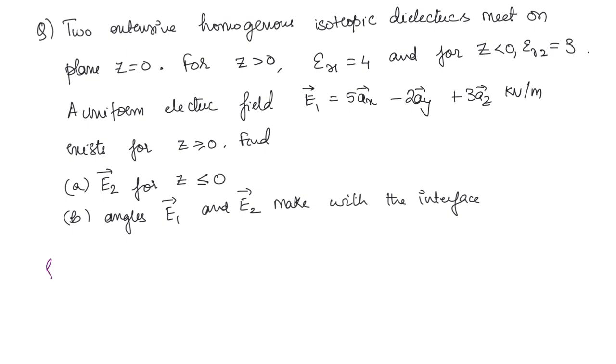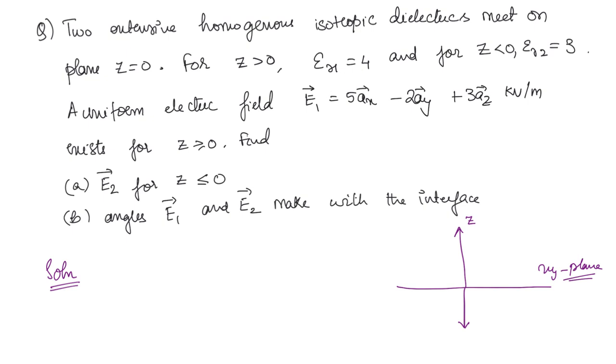So here this is a boundary problem, right? What is happening? The z equal to 0 plane is nothing but the xy plane. You can take the z axis to be like this, the positive z axis, and the negative z axis like this. Now they are saying that the dielectrics meet on this plane z equal to 0, that is the xy plane. So for z greater than 0, that means the region above the xy plane,